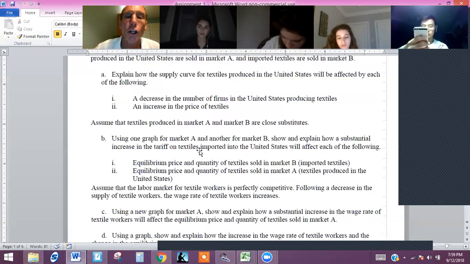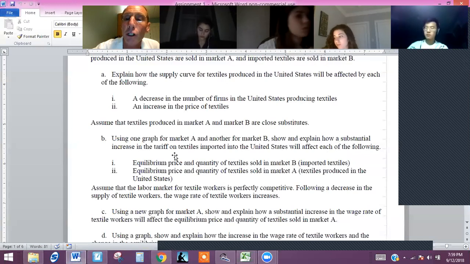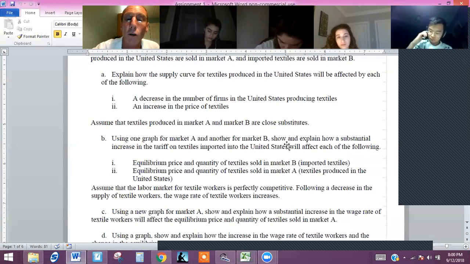So it's saying, using a graph for market A and another for market B, show and explain how a substantial increase in the tariff on textiles imported in the U.S. will affect the following. Okay, so let's just take this one at a time. So what we're saying is the U.S. government is putting a tax on imported textiles. And how is that going to affect the equilibrium price and quantity? Okay. Well,